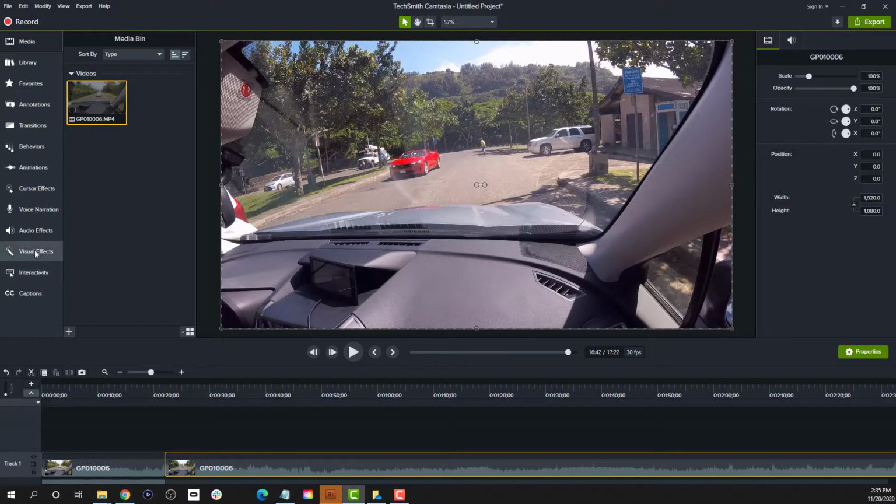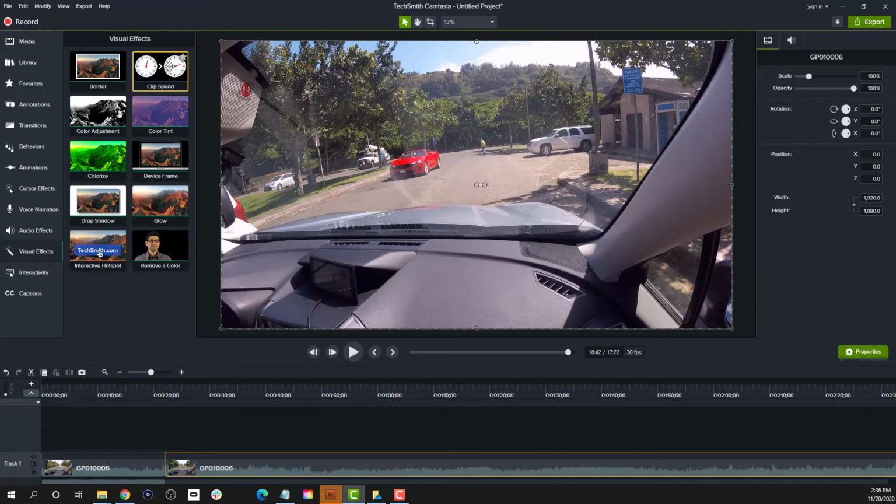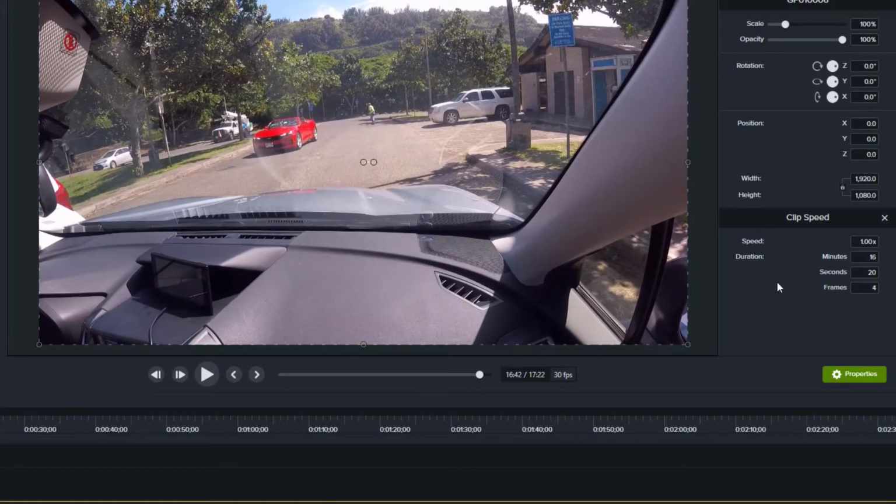That middle clip, I'm going to go over to visual effects, drag down the clip speed, and drop it on that middle clip. Now there's a couple ways to change the clip speed. One way is to change the actual speed itself. So say I want it to go 200 times faster or 25% faster. So I'd type like 125 or